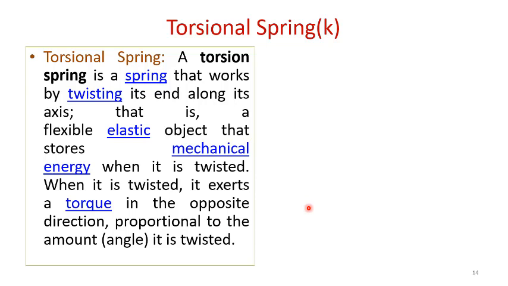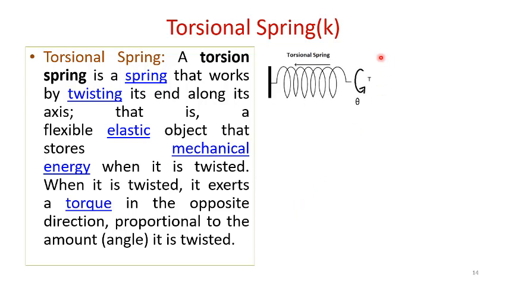That is what we call a resistive torque, and this resistive torque is proportional to the amount of twist that has occurred on the spring element. For example, if we take a spring which is fixed at one end, this is a diagram of a coil spring, and it is twisted in an anti-clockwise direction. When we are viewing it from this side, the applied twist or applied torque will be like this, and relatively there will be a change in angular displacement.